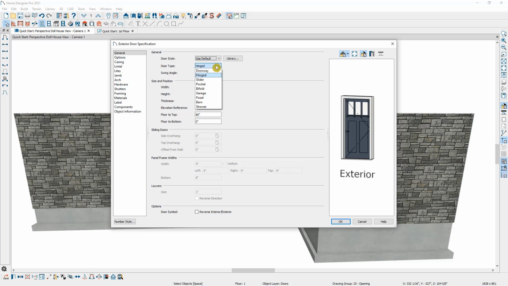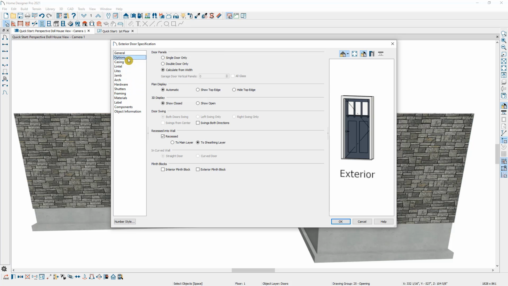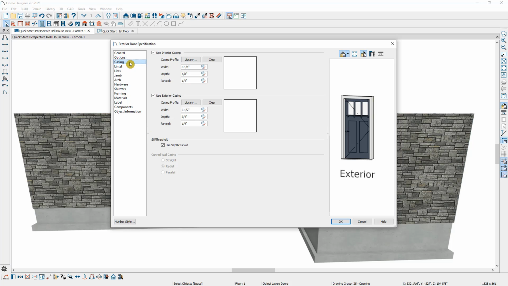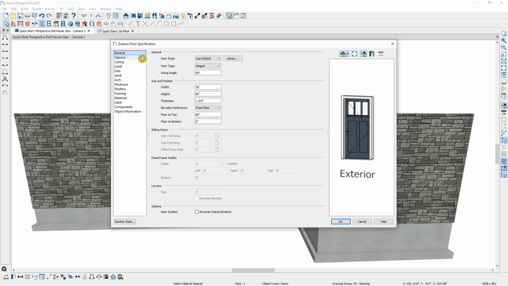You can also change the door type that we're using. You can change information about the size. You can change different options for this door. You can change the casing, and in Home Designer Pro you can change the casing profile. In Pro you can also add a lintel, you can add a jamb, there's different shutters and various other options. Let's go back to the general panel, and I'm going to change the door style by clicking on library,